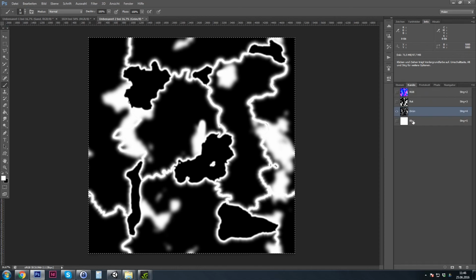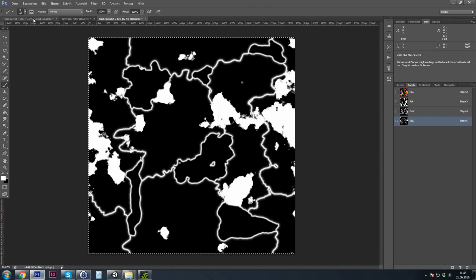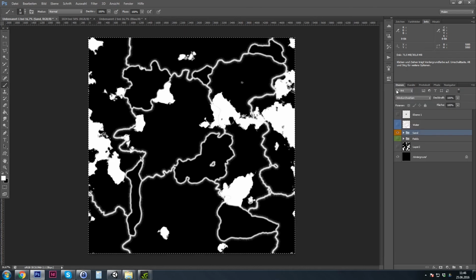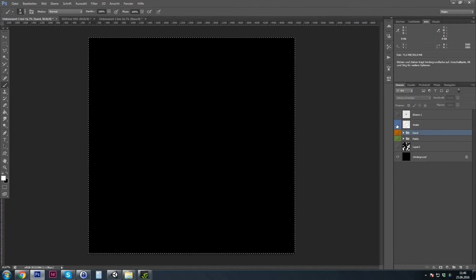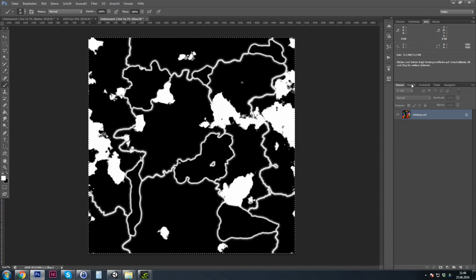Go to the channels and the blue channel. Control V to paste. Go back to our work file and disable the sand layer, enable the water layer, Control A, Control C. Here it's only one layer and we have it selected, so Control C will be enough. And go to the channels of our other file, and